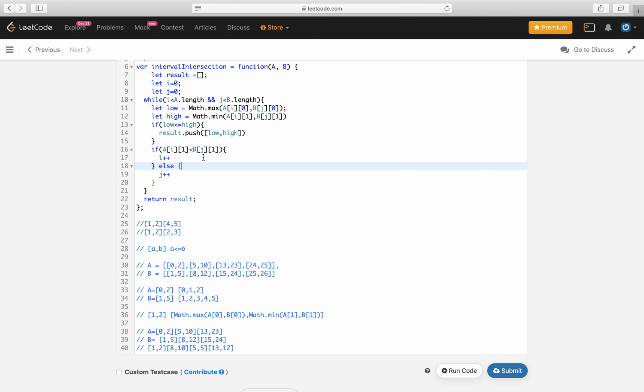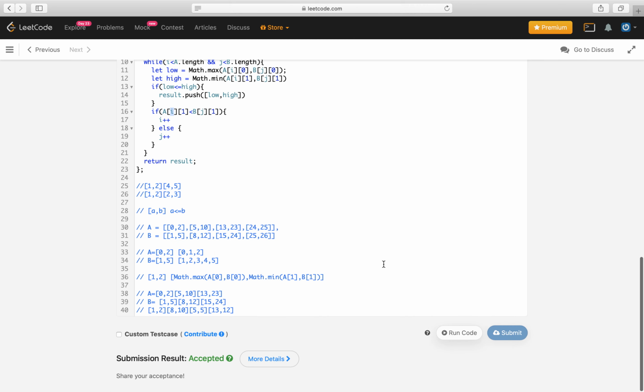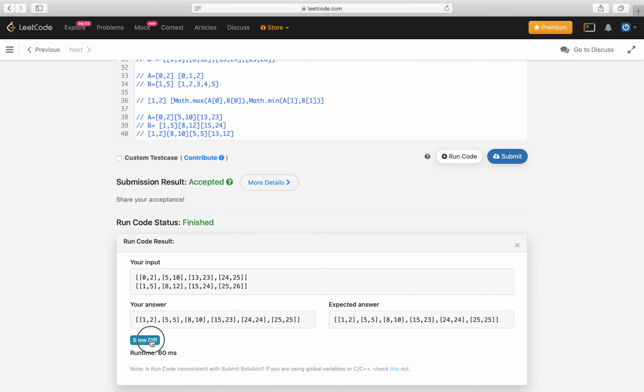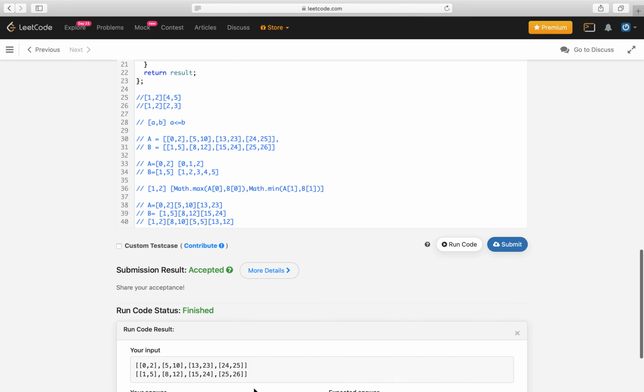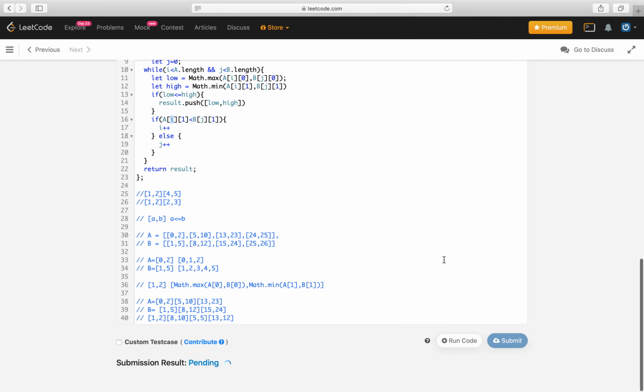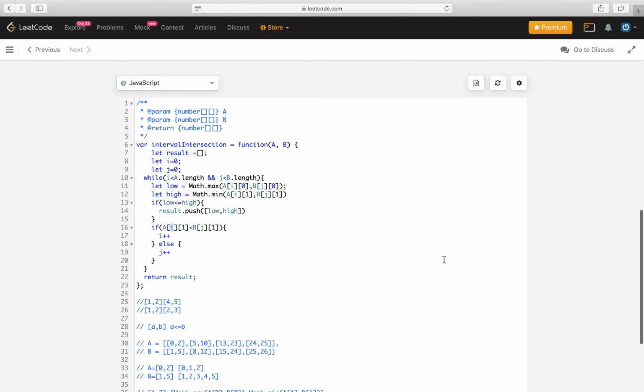So we always have to make sure that for B we are using the counter j, and for A we are using counter i. Let's try again. Yes, it works. I will try to submit the solution. Yeah, and this solution works.